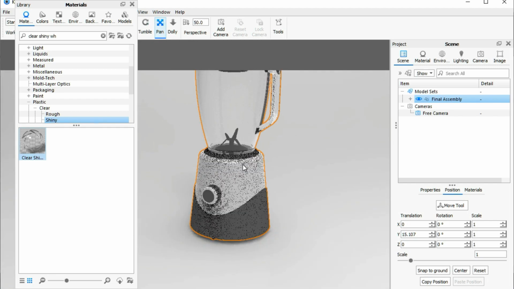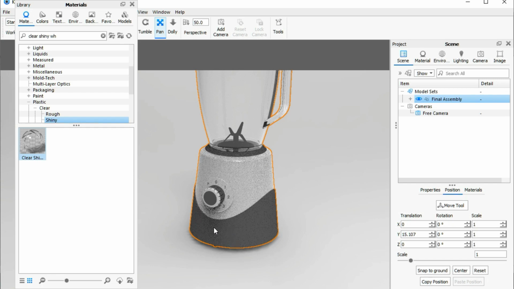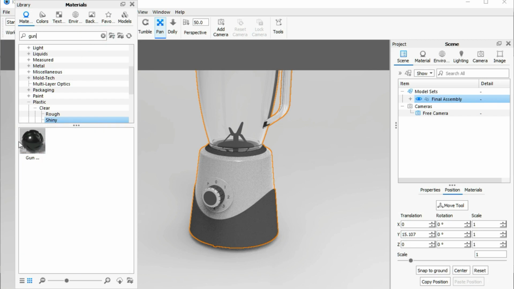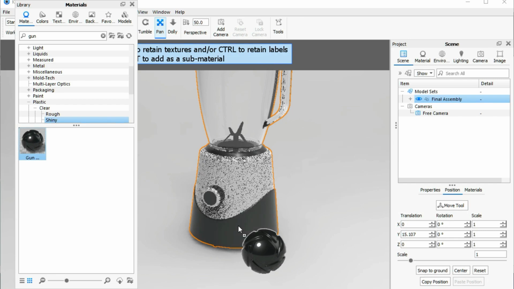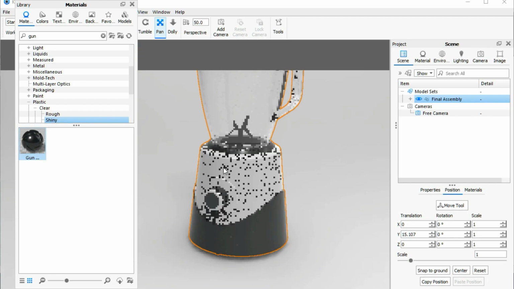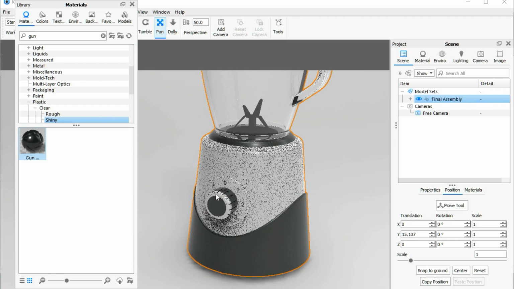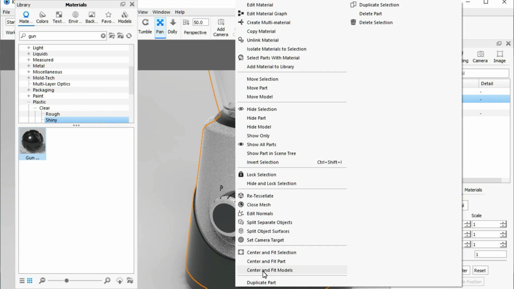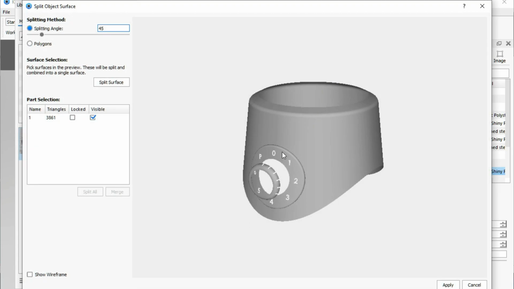Next is we'll apply some black material here, and this will be Axalta paint gunmetal, this one, and we'll apply this to here, right? Okay. We want some material on this side and this side, and just right click here and click split object surfaces, and we want different material on this emboss and on this side.